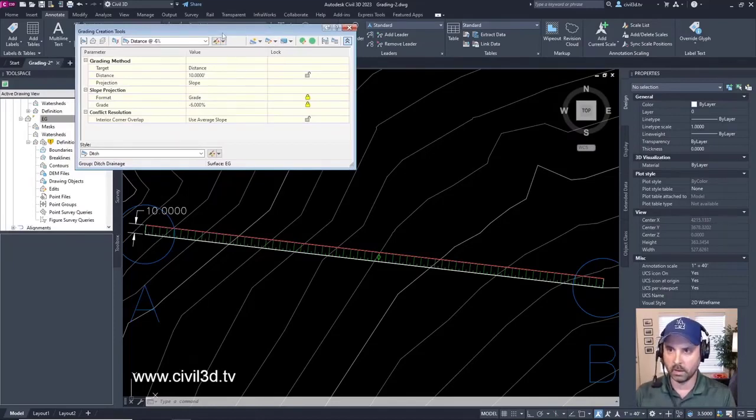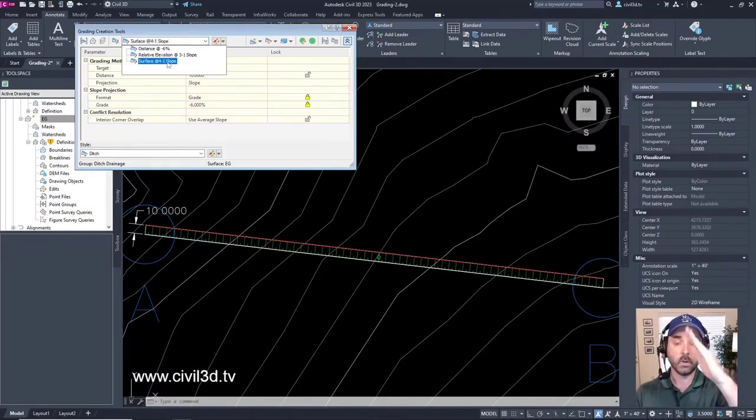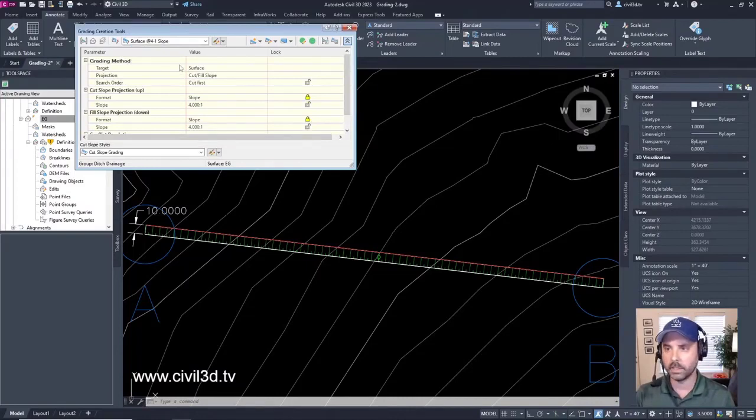And we're going to create another grading, but we're going to change it to grade to the existing grade surface at a 4-on-1 slope. That's our criteria. We're grading to a surface. That's the target. Okay? So we're going to go ahead and click this to create a grading.